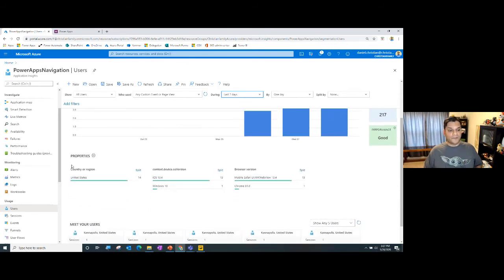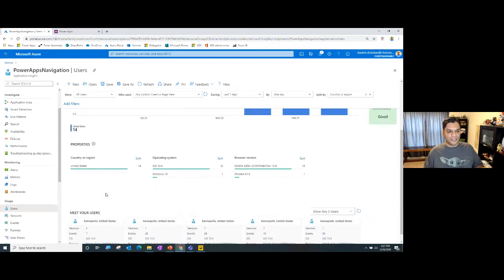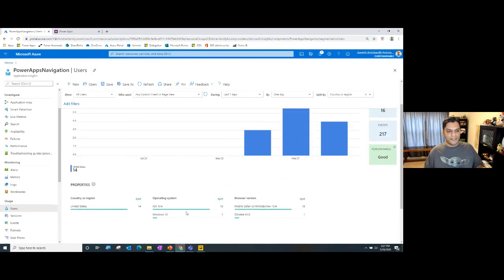So I come over here now, and I show you that, hey, it's telling me properties, it's telling me the locations that I hit. Granted, the locations were not that accurate because it only shows me United States. But then maybe it shows me the operating systems, like there was iOS and there's Windows 10. It's deep enough. Okay, so here's one thing that you've got to be amazed by, because it's telling me right down to the iOS level, 13.4. Power Apps analytics did not show me much over there.